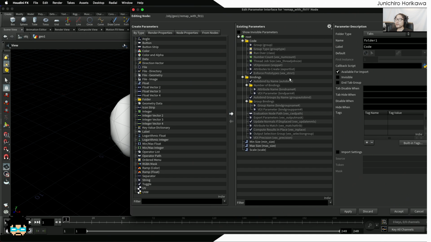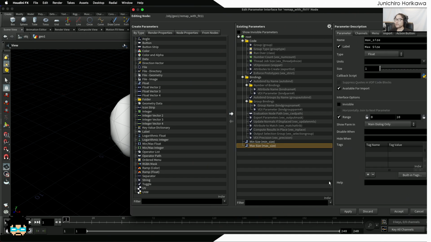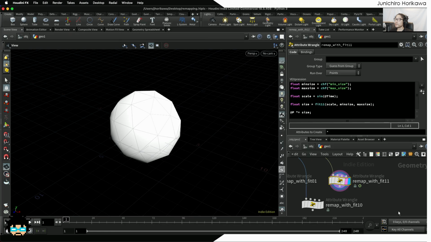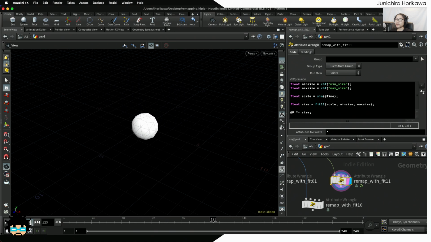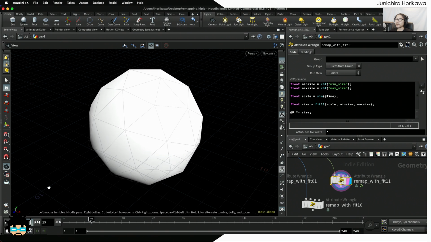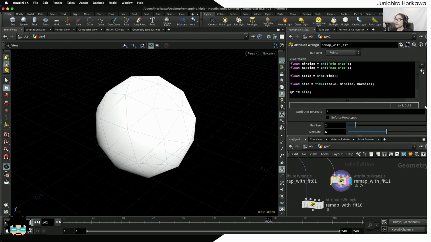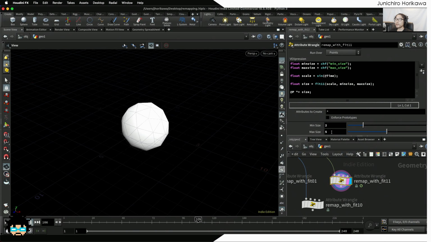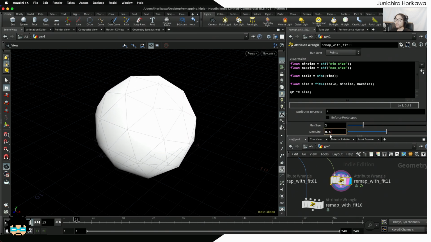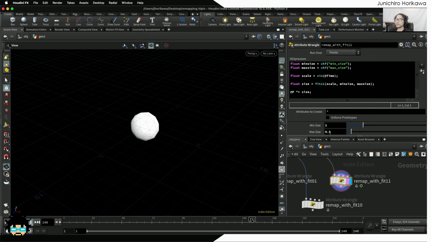Now before doing that, I'm going to remove this scale parameter as well, since I'm not going to use this anymore. And if I play it, you can see that the sphere is scaling from 1 to 5 as like a wave. And if I change this minimum scale to 2, the scale range becomes 2 to 5. If I make the maximum size say 0.5, it's going to be 2 to 0.5 like this, which is